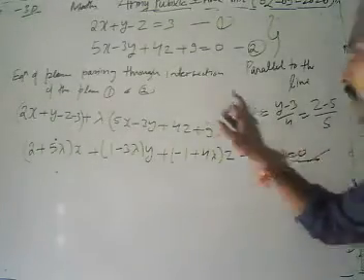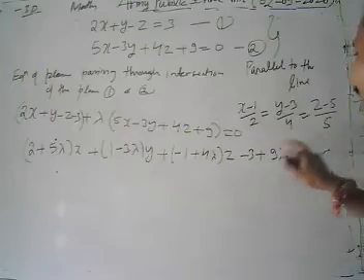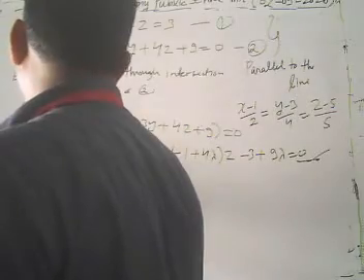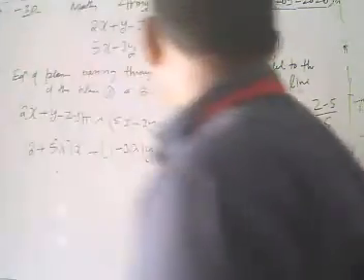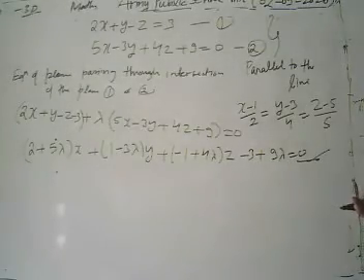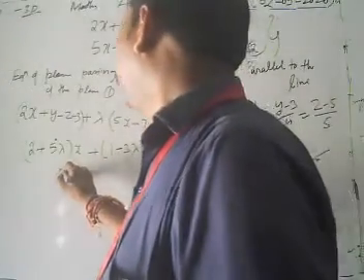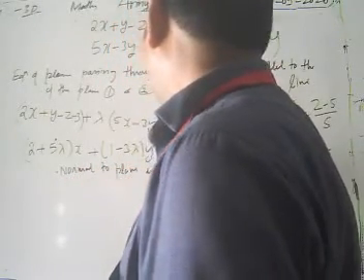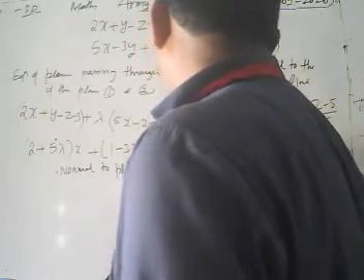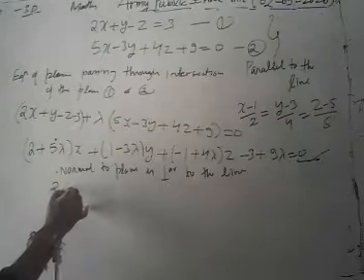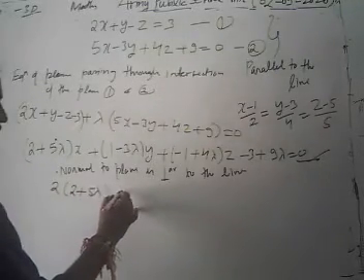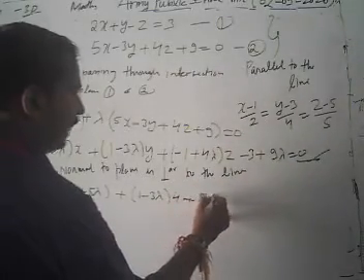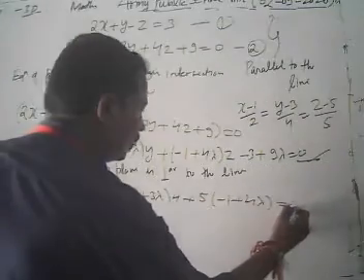Then we have 2 into this, 4 into this, and 5 into minus 1 plus 4 lambda, which must be 0. You have to mention that the normal to the plane is perpendicular to the line. Since our normal to the plane is perpendicular to the line, we have 2 into (2 plus 5 lambda) plus (1 minus 3 lambda) into 4 plus 5 into (minus 1 plus 4 lambda) equal to 0.